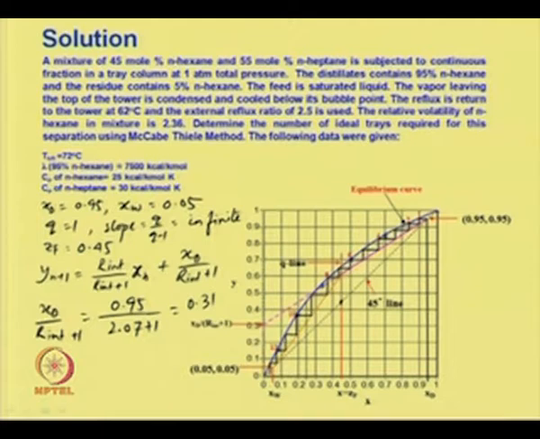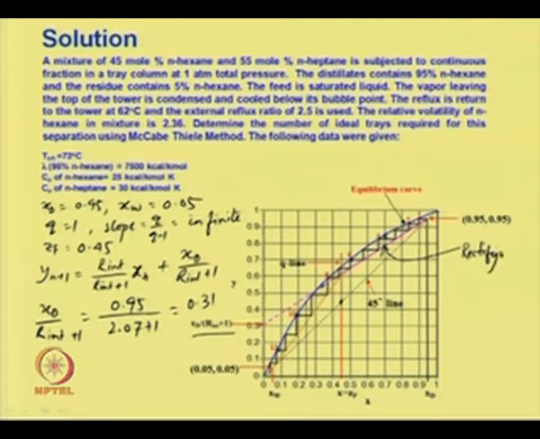So, at 0.31, which is x_D by R internal plus 1, this is the value. So, we know the intercept value and we know the x_D point over here. So, we can plot the rectifying section operating line. So, this is the rectifying section operating line,